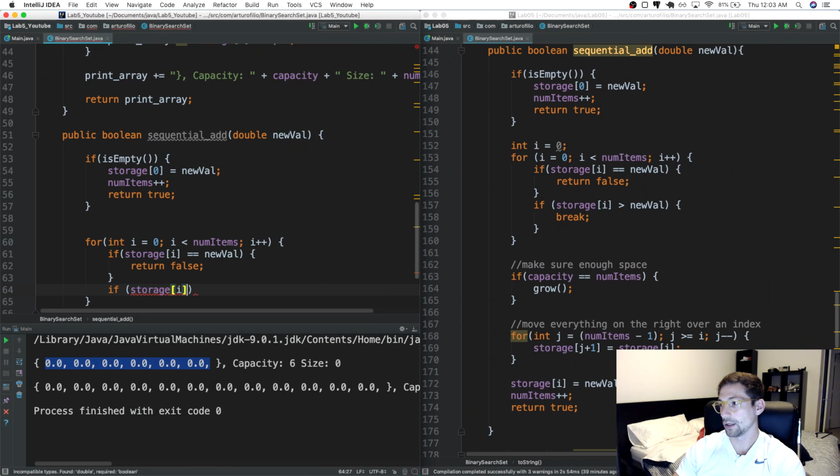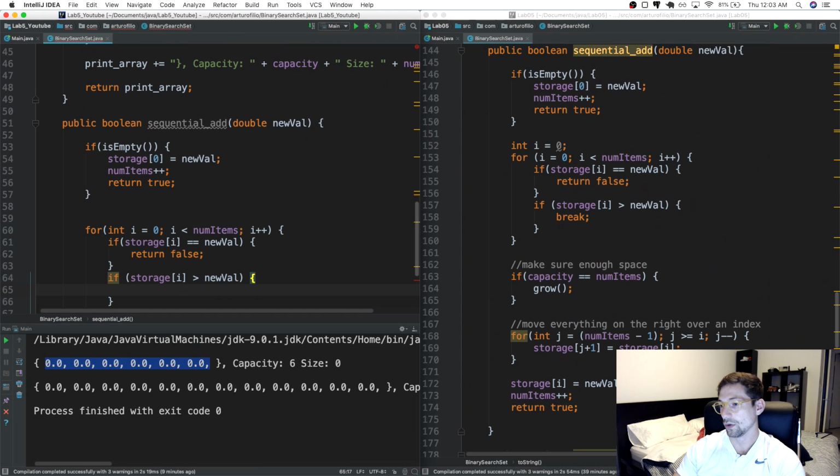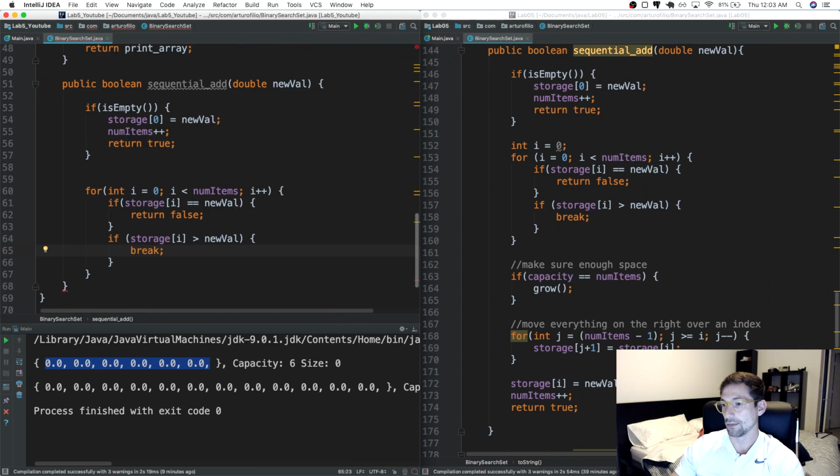Storage[i] greater than new val. So this means that if the value that you are about to insert is less than the storage value, then you want to break out of the loop, meaning that you have reached the point where you want to insert the new value, because this is bigger, therefore you know that this has to go before the storage value. So say that our array is